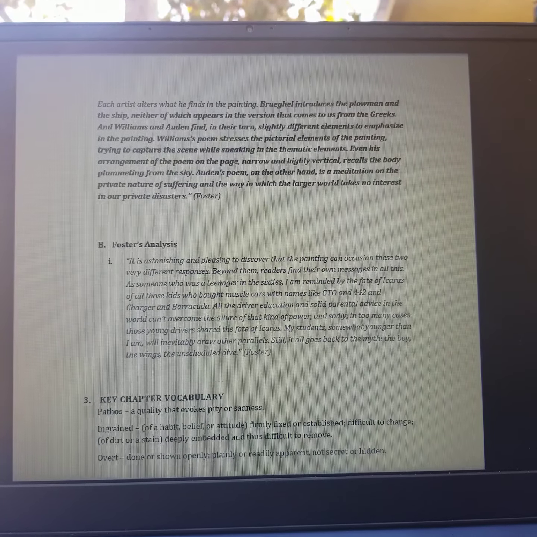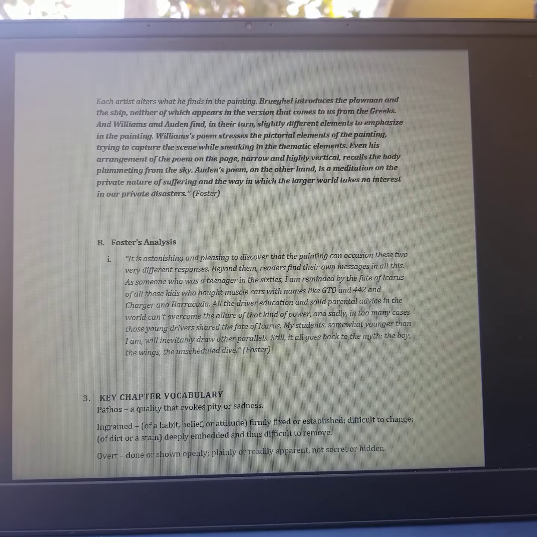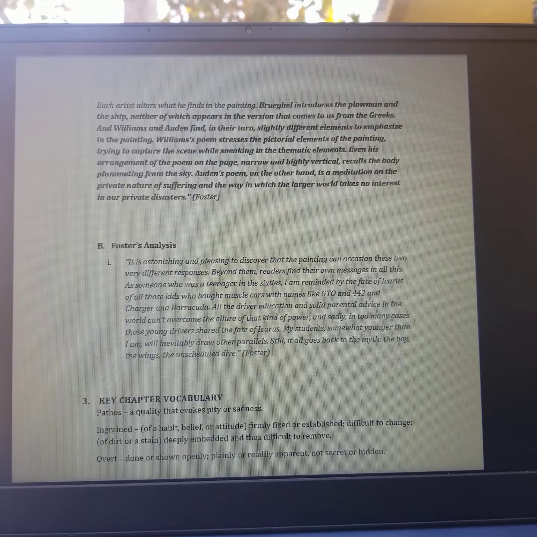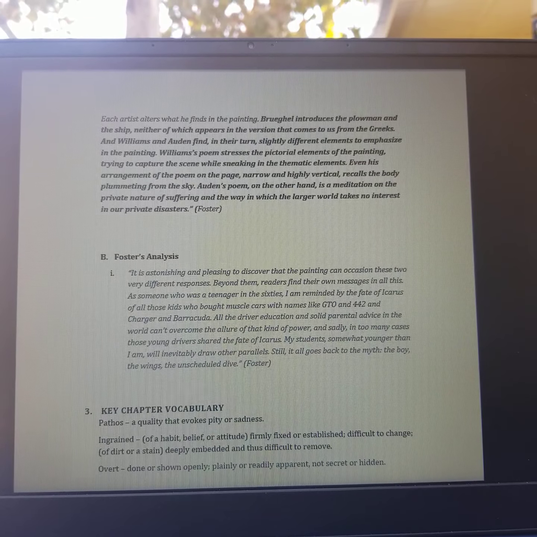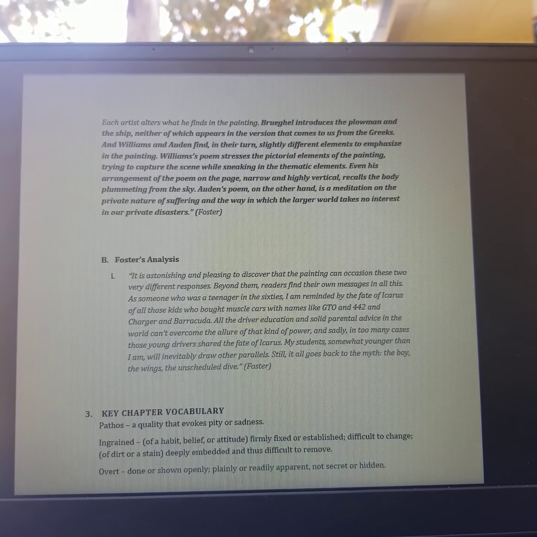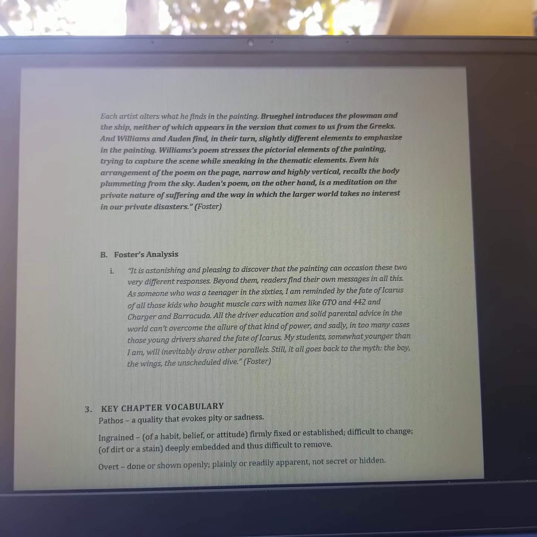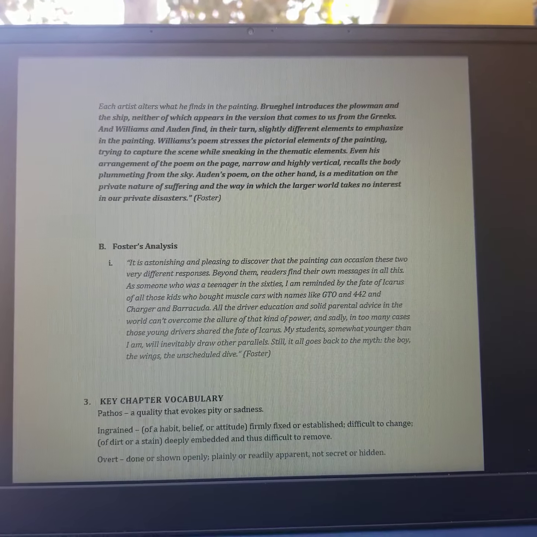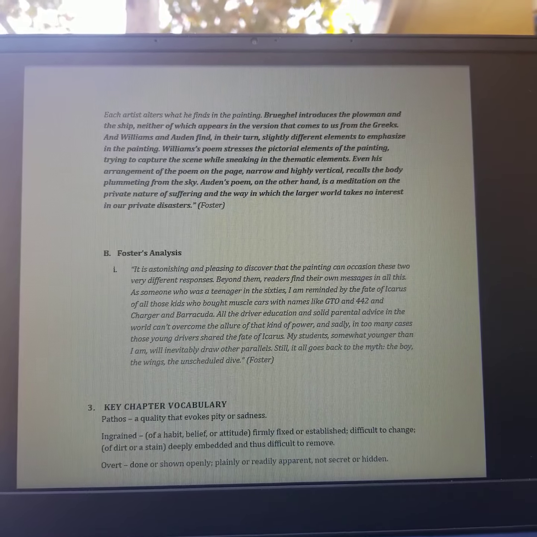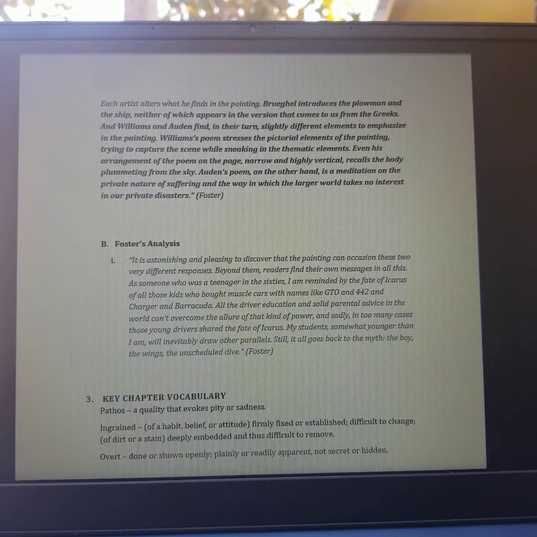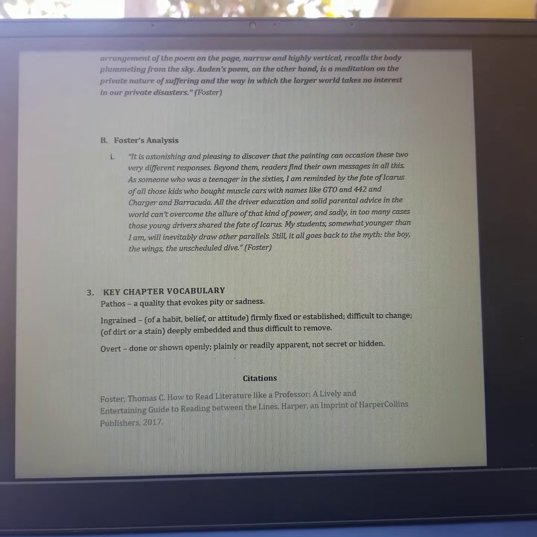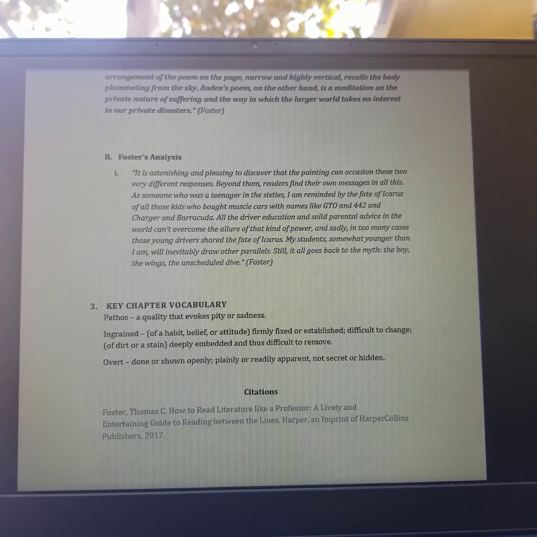So basically it describes how all the driver education and solid parental advice in the world can't overcome the allure of that kind of power. And sadly, in too many cases, those young drivers shared the same fate as Icarus, meaning that they were reckless when it came to driving, and they most likely ended up seriously injured or dying. So that's the connection between the Greek and Roman passage of the fall of Icarus and a modern-age example with driving. So some key chapter vocabulary was pathos, which is a quality that evokes pity or sadness,